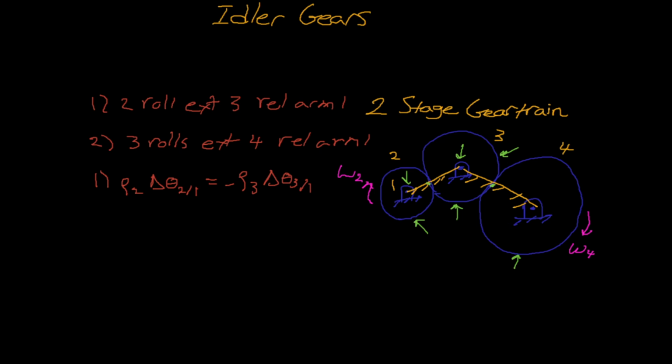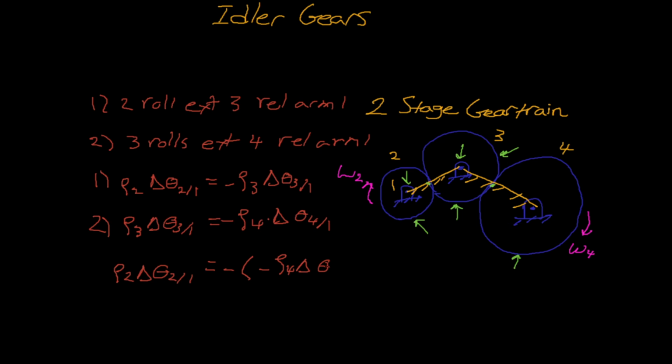And likewise, equation 2 becomes rho 3 times delta theta 3 relative to 1 is equal to minus rho 4 times delta theta 4 relative to 1. So a simple substitution gives us rho 2 times delta theta 2 relative to 1 is equal to a minus rho 4 delta theta 4 relative to 1, and the minuses are obviously going to become a plus,